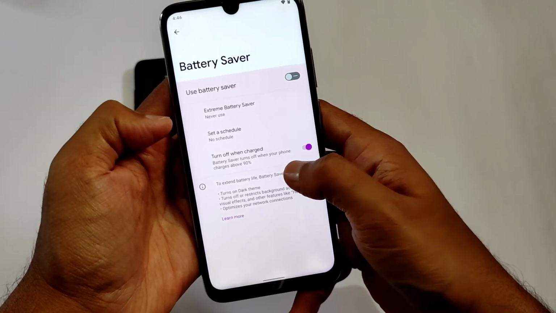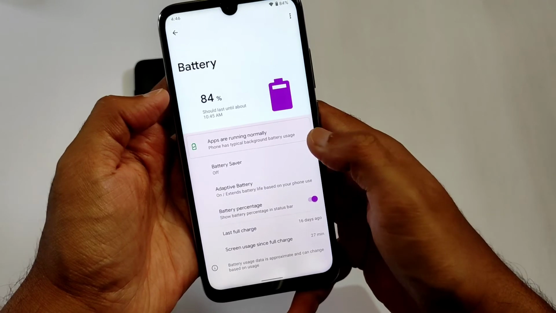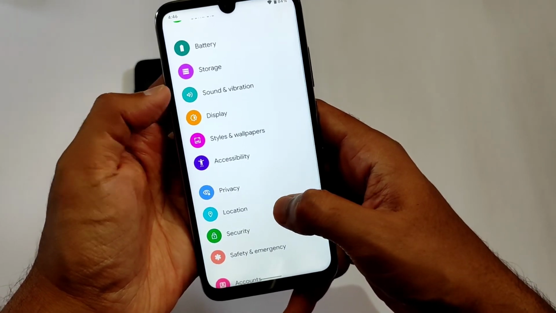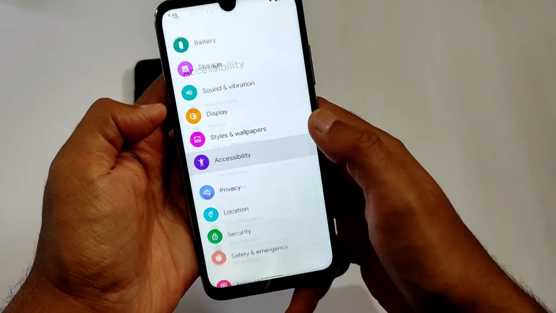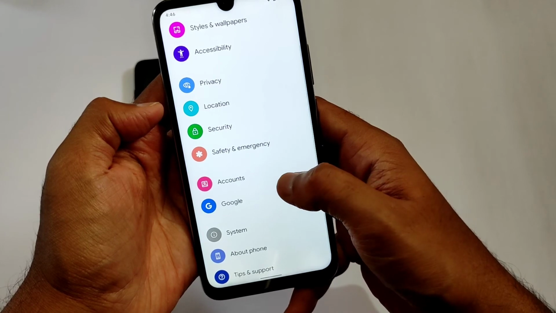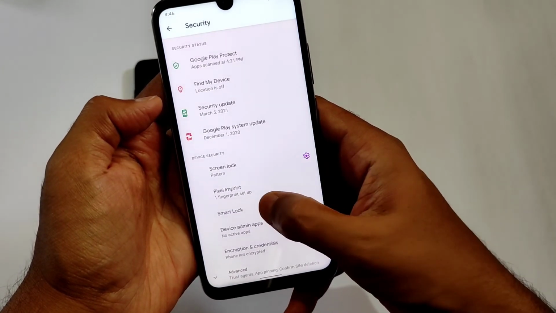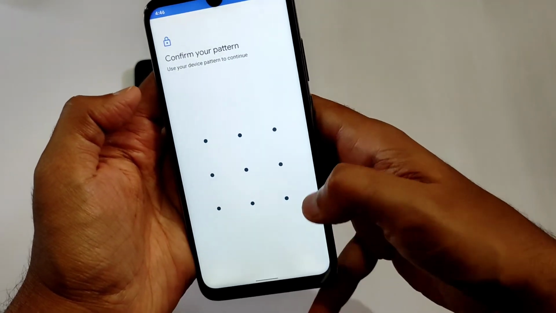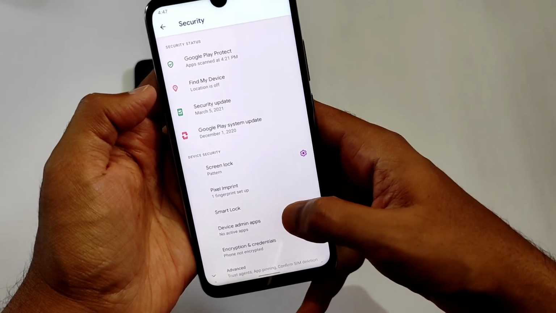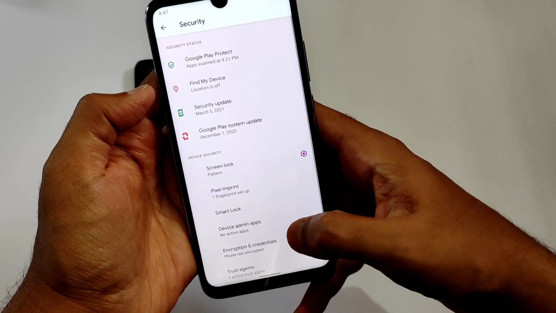A little bit tweaked version of Android 11, still in developer preview one, but the theme I am noticing is the pink one. And some of the icons change here in the settings panel. Let's see in the upcoming developer previews what all changes we can see in this Android 12. This is the security settings. We still don't have a face unlock option. It's just a smart lock here. Let's see in the upcoming days will they add any face unlock system.